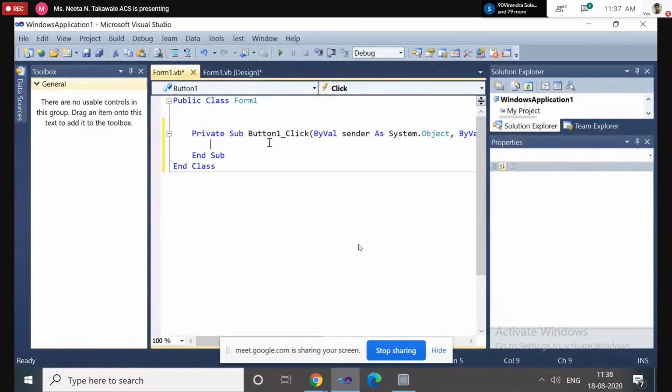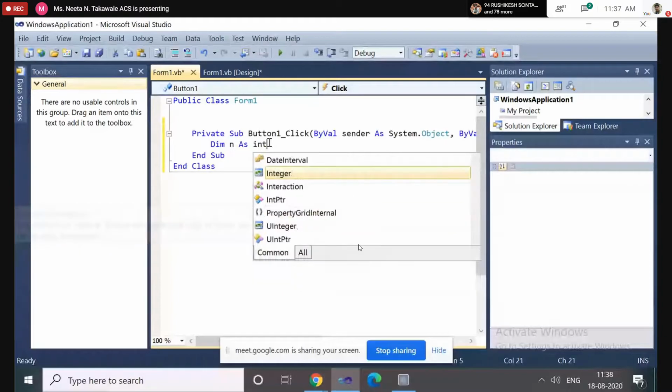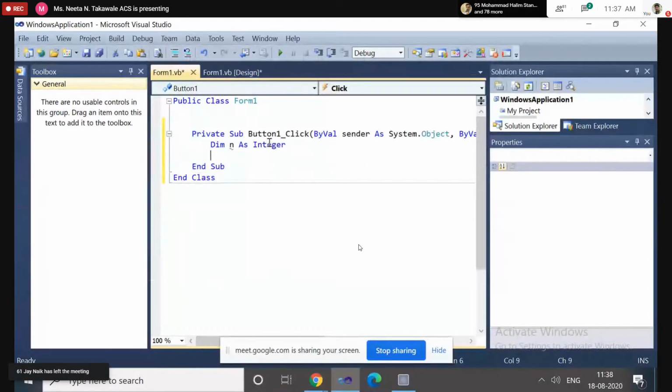Here I will declare one variable n. It is of type integer, and I am initializing n to zero. Okay. Now